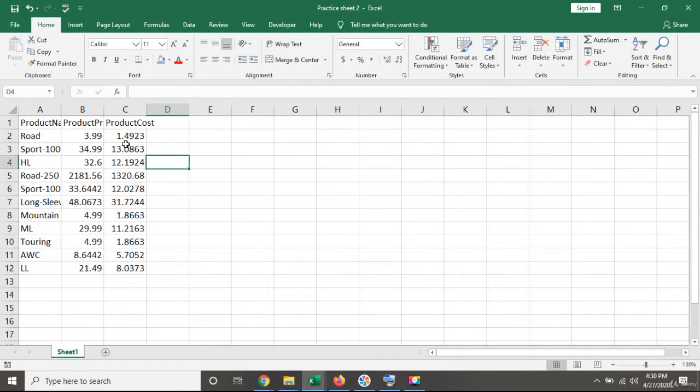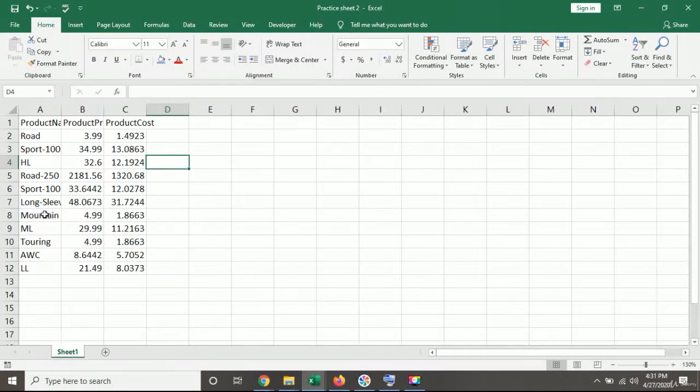By the way, this data file has also been uploaded in the course resources in this particular lecture. I will highly recommend you to download this file and practice along with me. You will see that all of the data is mixed together. You can see that there is data within this particular cell which is not even complete. We cannot even see that.